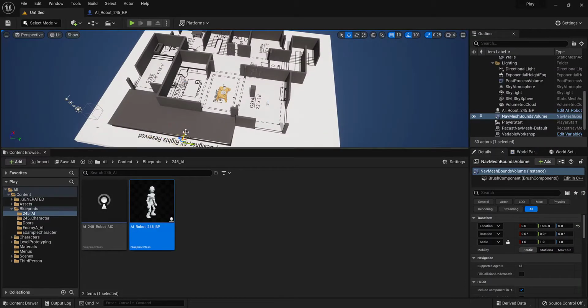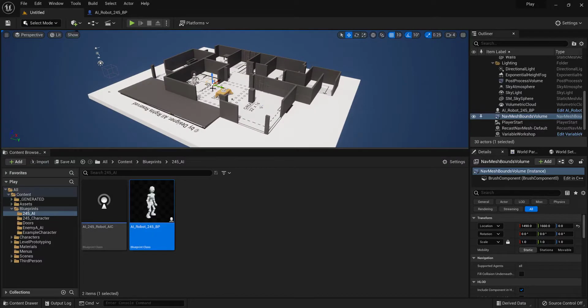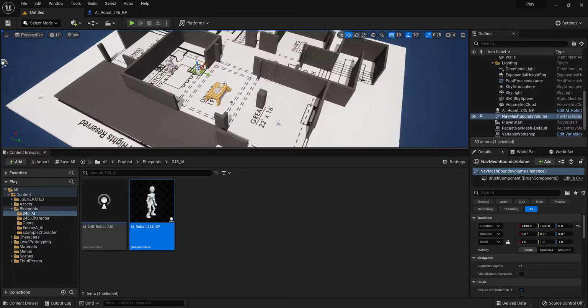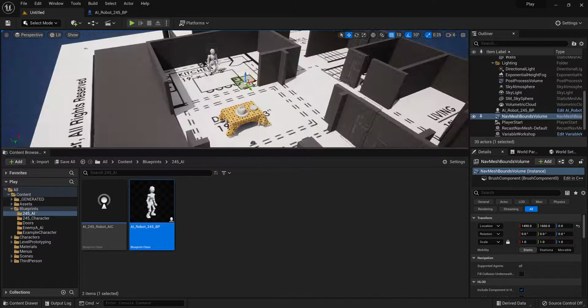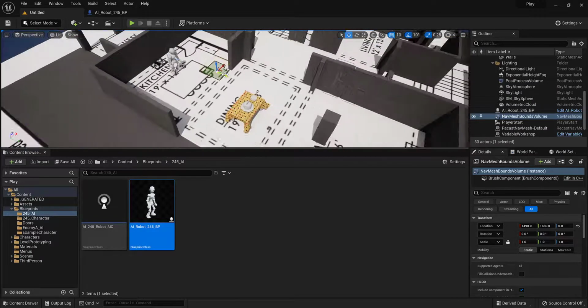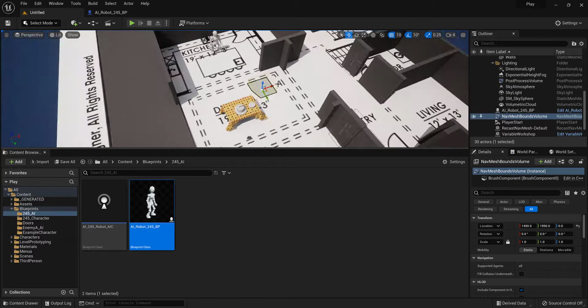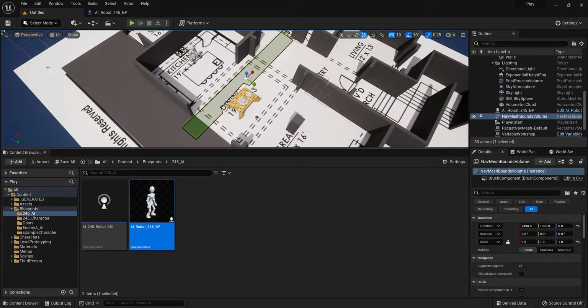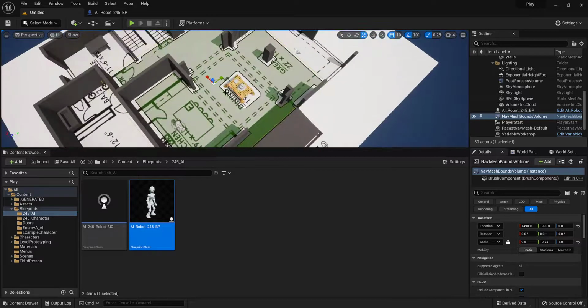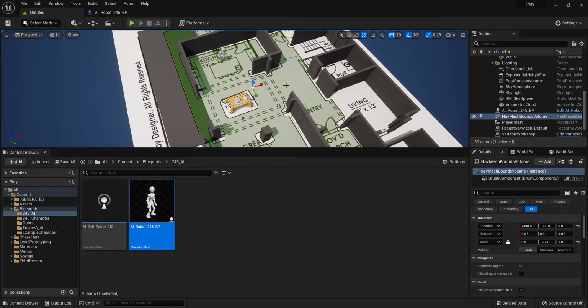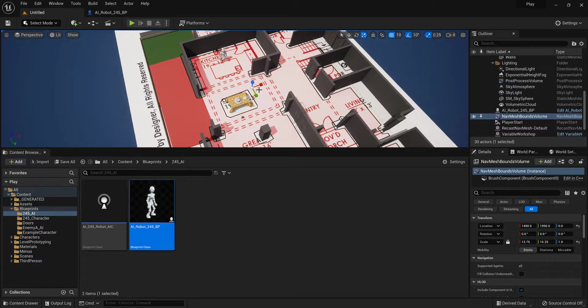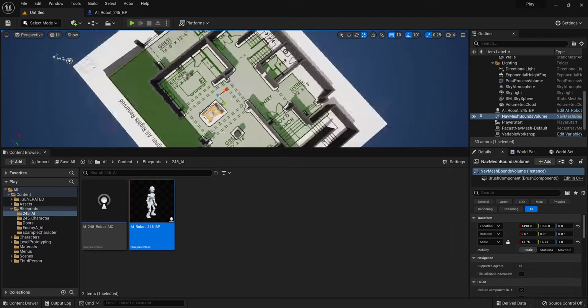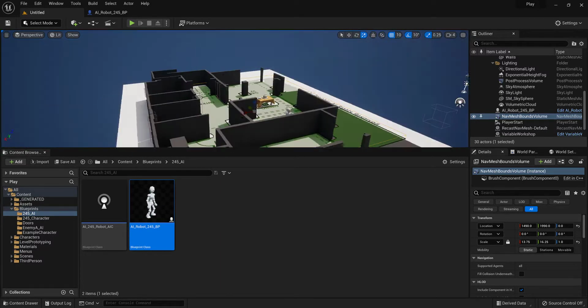Now you're not seeing anything because we have to hit P, like Peter or Paul or Paula, to see this little green area. And what this does is when we scale up our nav mesh here, so I'm going to hit R, you can see it takes into account not only the areas that are ground planes, but also anything that's a little bit higher that has collision. And what's nice about this is all of these walls that we built earlier with the collision, the AI robot is going to know when it's roaming around this nav mesh,